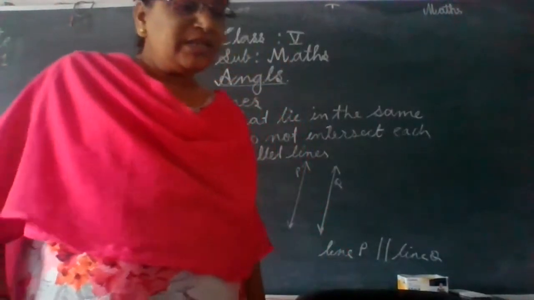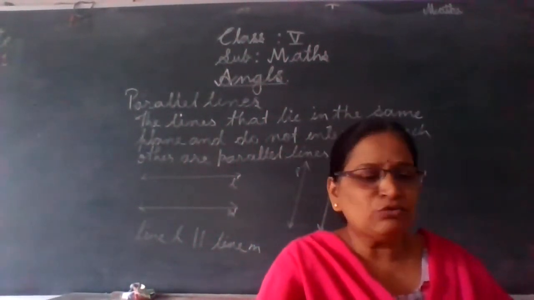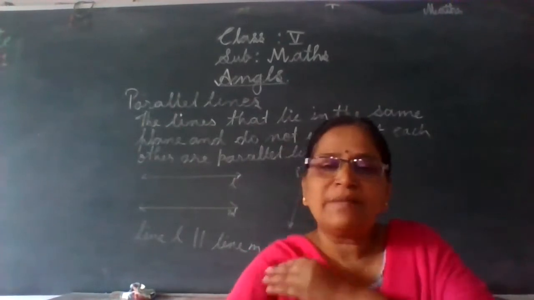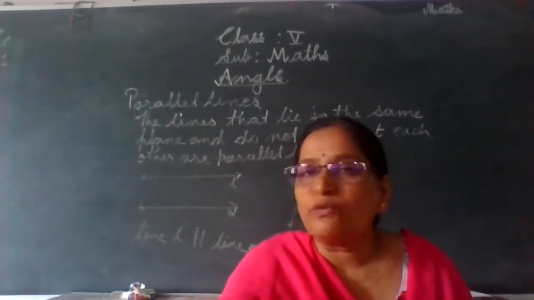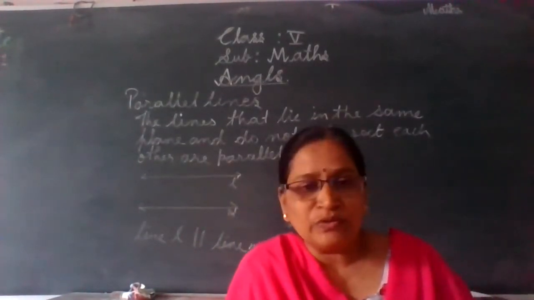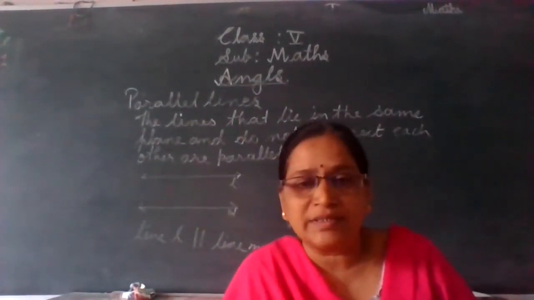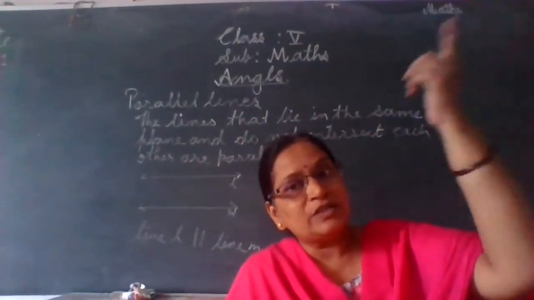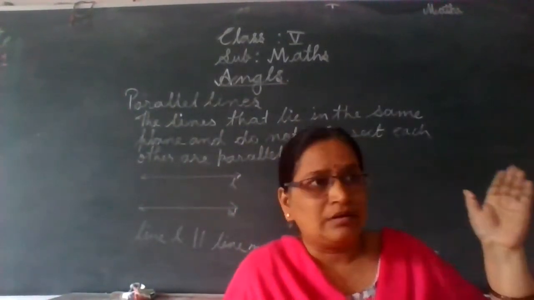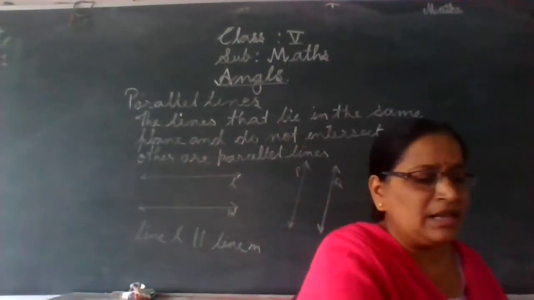Okay. So children, let's see some activity to show the parallel lines. Now very first give me some examples of parallel lines. From your environment, you can see the bars of the windows, steps of the staircase and the vertical edges of the staircase, or you can say the opposite sides of your floor or opposite walls of your room are the examples of parallel lines.